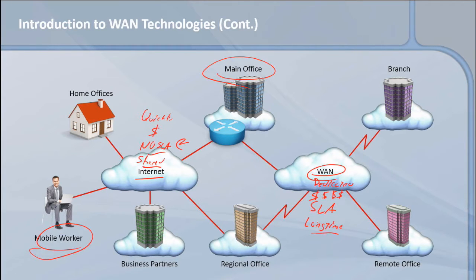Another way to look at a dedicated WAN circuit is as though you're going to the service provider, maybe your service provider is Verizon, and you say, I have an office in Atlanta, and I have an office in Miami, and I want to connect these two offices together as part of the network. This can be done without ever touching the internet. So you could consider a dedicated connection to be more secure.